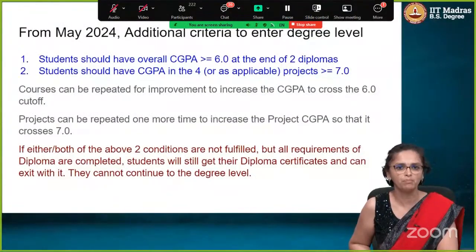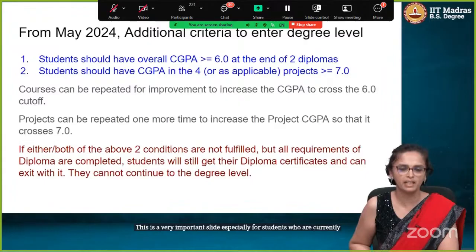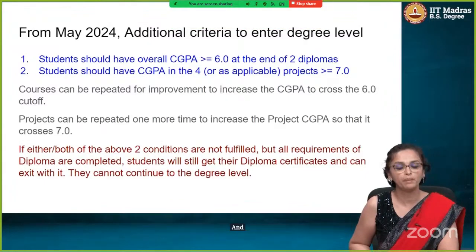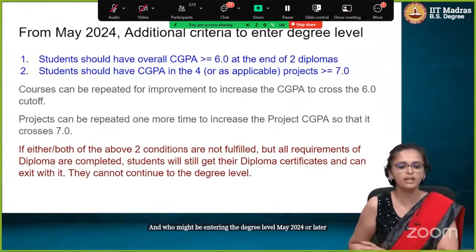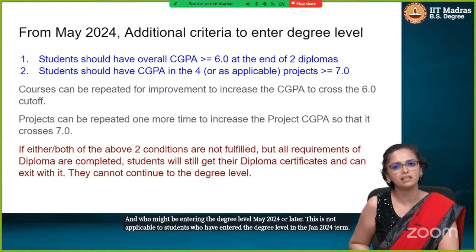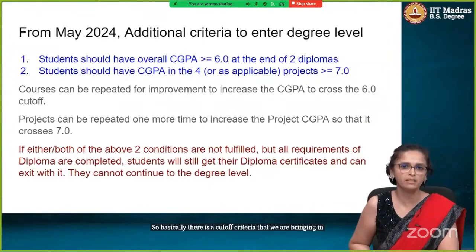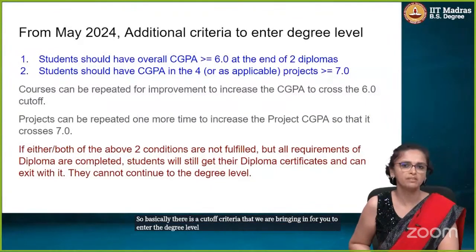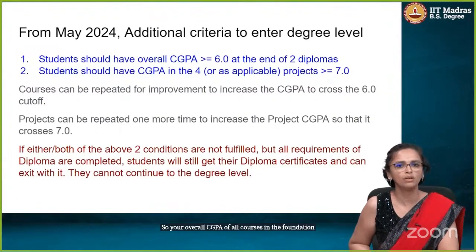This is a very important slide, especially for students who are currently in the diploma level and who might be entering the degree level May 2024 or later. This is not applicable to students who have entered the degree level in the Jan 2024 term. So basically, there is a cutoff criteria that we are bringing in for you to enter the degree level in May 2024 or thereafter. So your overall CGPA of all courses in the foundation level and all courses and projects